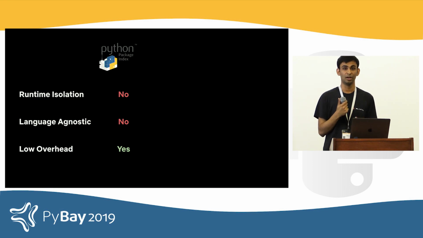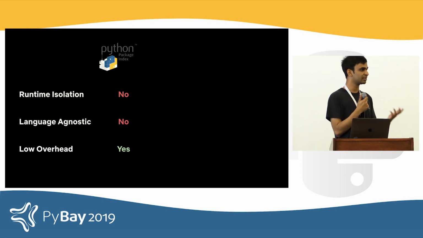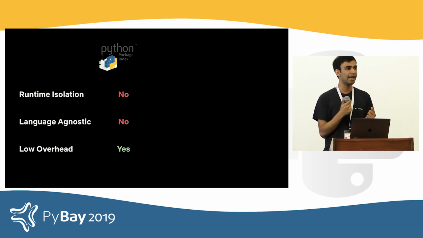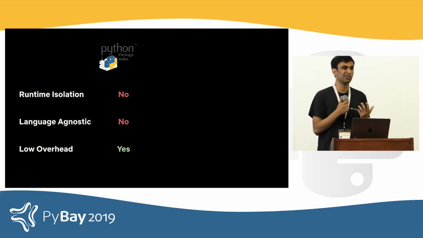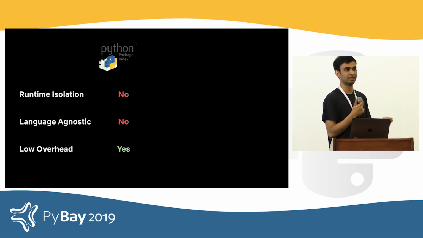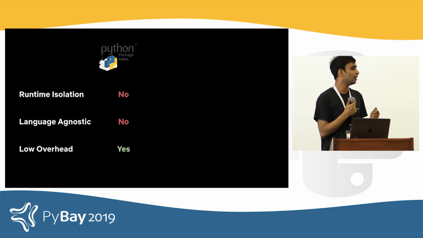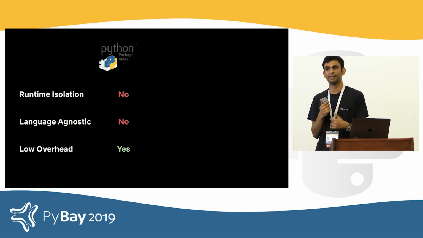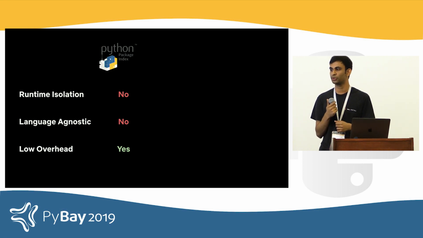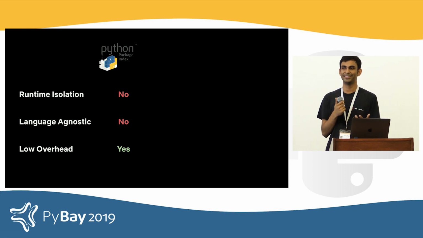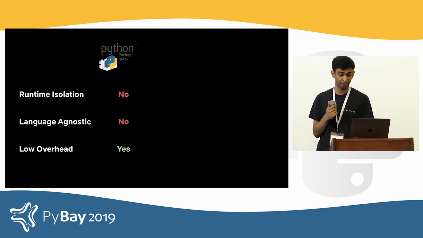It's an amazing solution, but it has a few deficiencies when it comes to actual machine learning applications. Machine learning code, by its very nature, has dependencies not just in the Python world, but also in the non-Pythonic world. And pip can provide you isolation when you are squarely in the Python world, but as soon as you are depending on any of the system packages, you lose any sort of isolation guarantees. It's not at all language agnostic, so specifying any specific system package becomes highly non-trivial. But it has a really low overhead. Most of our data scientists and users are already familiar with the ecosystem, so defining dependencies becomes really simple and straightforward in this particular pattern.